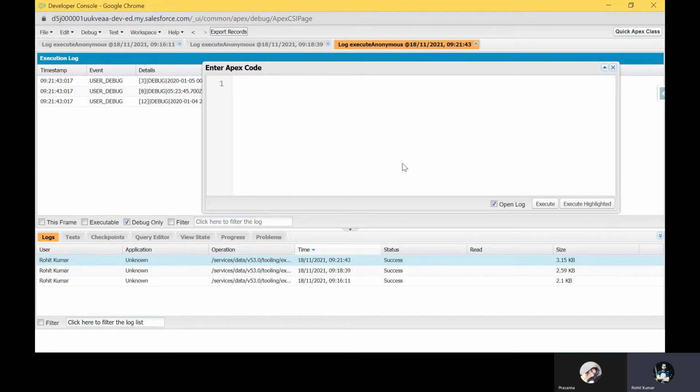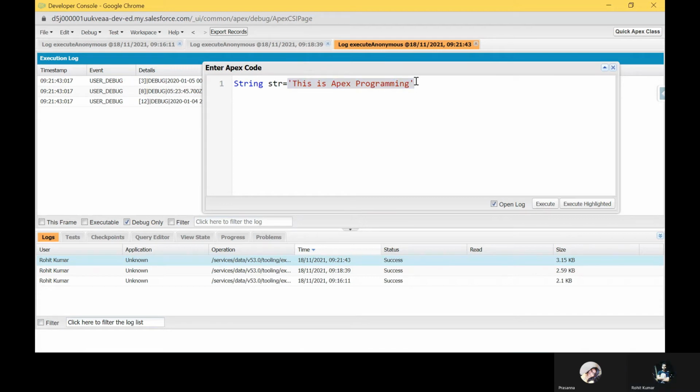String is a predefined class in Apex. So how to use that? You have to write the string keyword, a predefined keyword: String str equal to this is Apex programming, something like that. If you write some string, always use the quotes, you know very well.